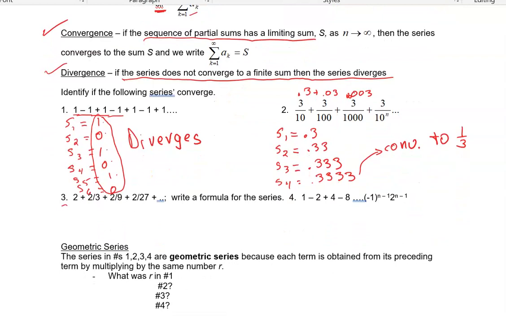First sum would be 2. The second sum would be 2.666, 0.666, so on and so forth. The third sum, know that 2/9 is 0.2 repeating. So if we were to add all those up, now we're going to do 2 point, hold on,